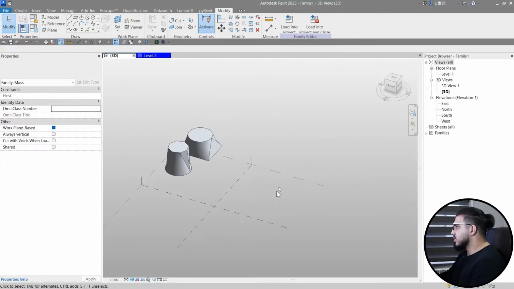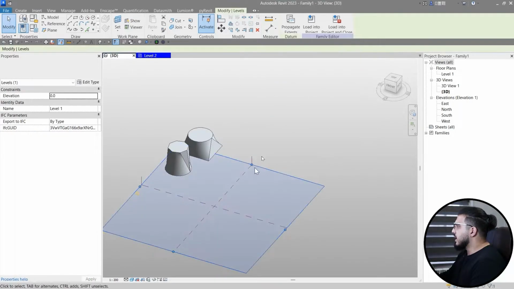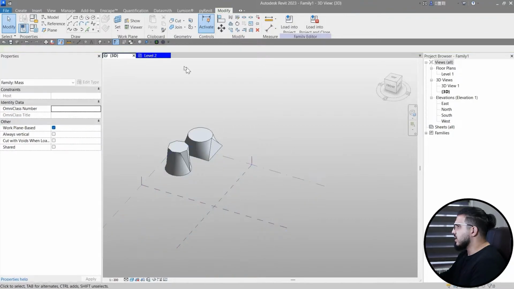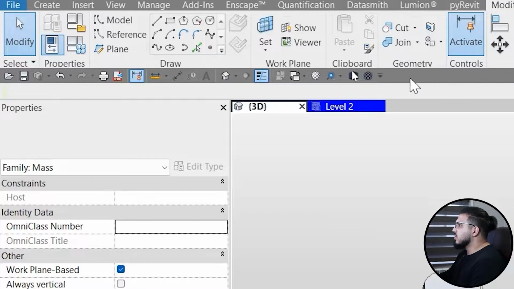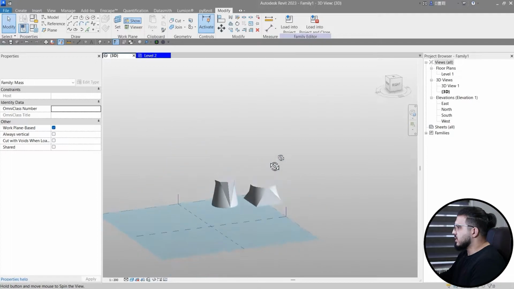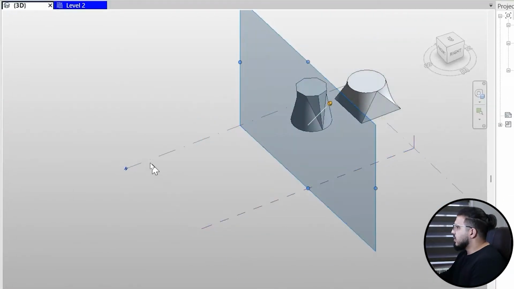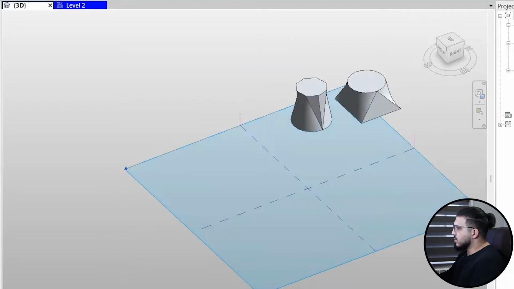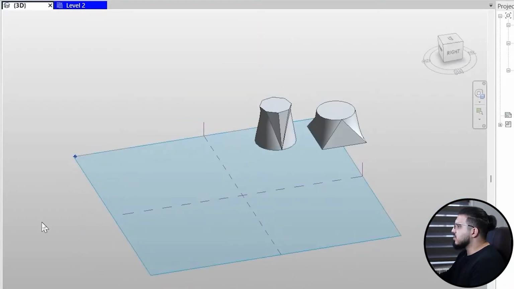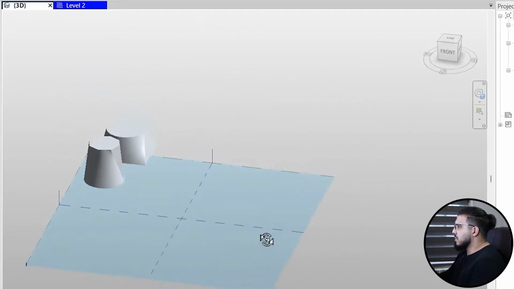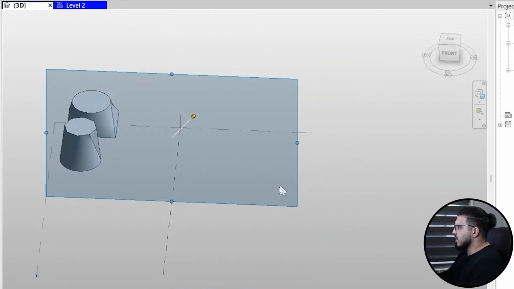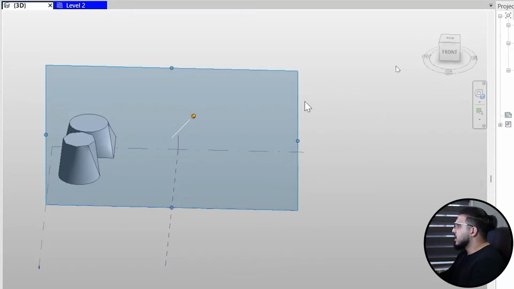Let's just double click on this plane. Now your work plane is now here. Let's turn on the show to see the work plane. When you double click on a reference plane, you are setting your work plane. So that's the easiest way to set up your work plane. And now that's great. Let's maybe select this one and double click on this one, and now let's create a